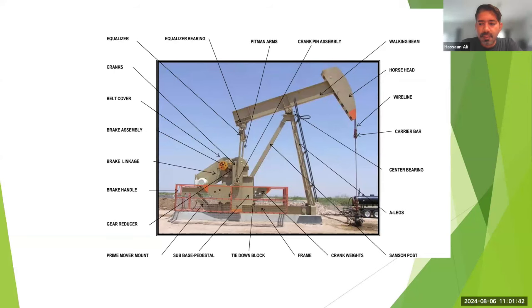So how to manipulate the lift? Again, same thing. Either you can change your stroke length, or you can change your strokes per minute. That means if you ramp up the RPMs of your prime mover, you can increase the strokes per minute of the pump. And by changing your stroke length, you can go for a low stroke or a high stroke, and that can change your lift lengths as well. And then similarly for a lift length, usually